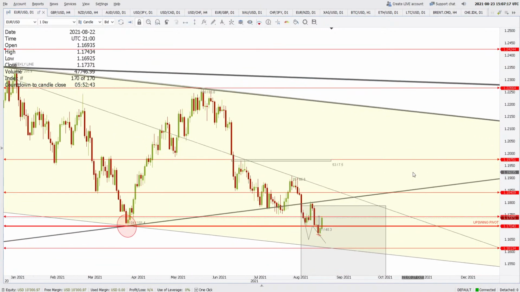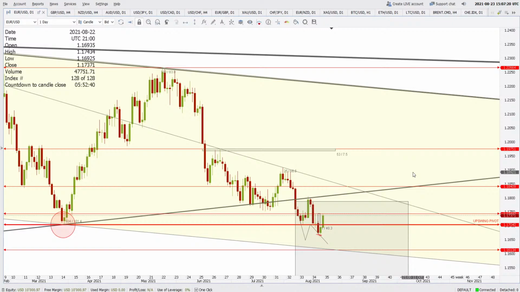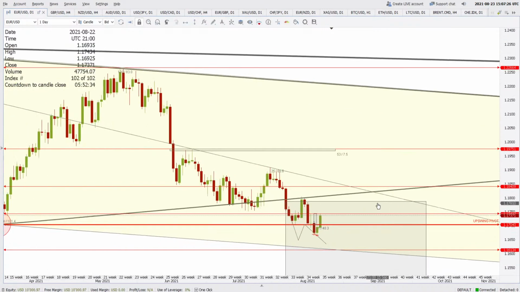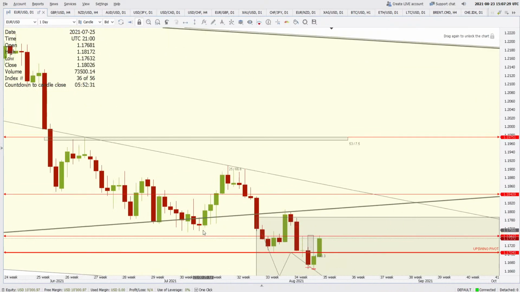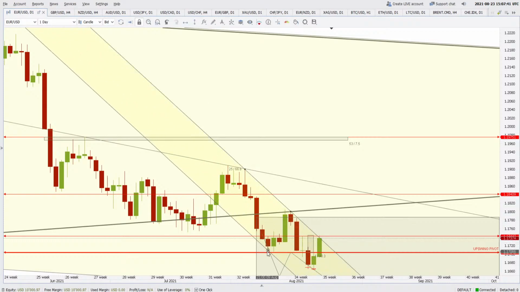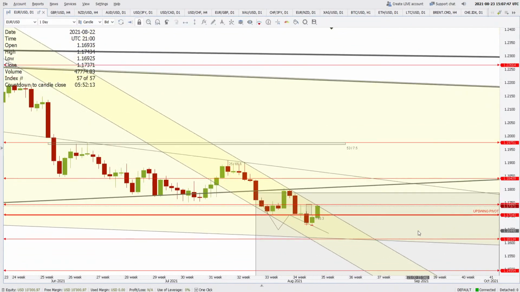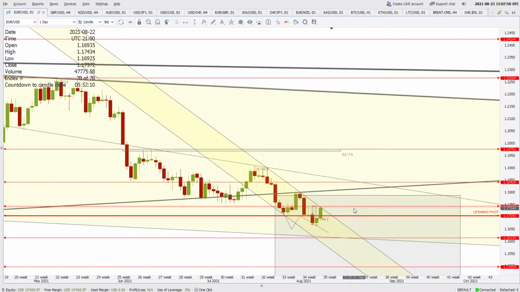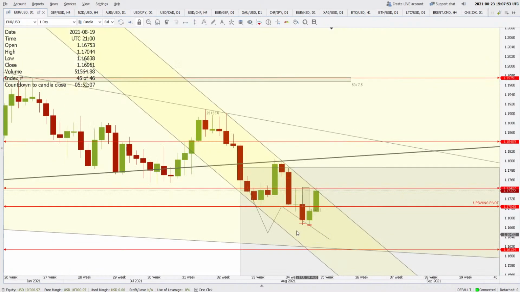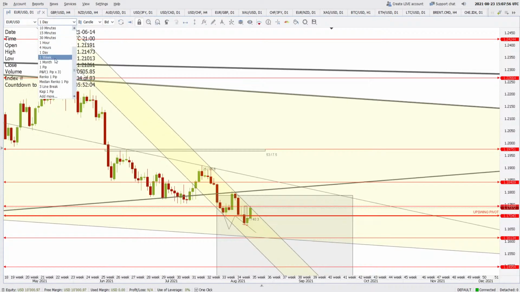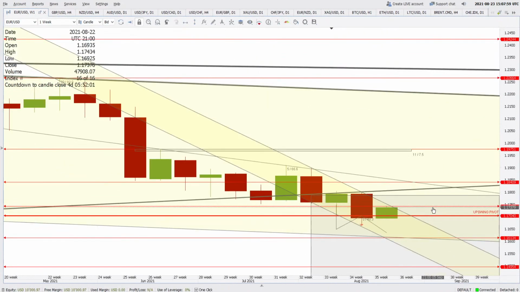But for this, the US dollar has to be very strong in the market, and the price has to go below 1.1704. So where is it going to get rejected, that we have to see. Either these lows here which may offer resistance, this recent high here, or maybe the price will get rejected from this channel's resistance. There is a possibility of anything happening now, but we cannot be looking for buying positions right now because the price has already given us a weekly as well as daily close below a very